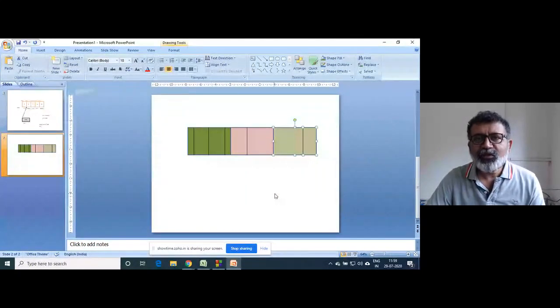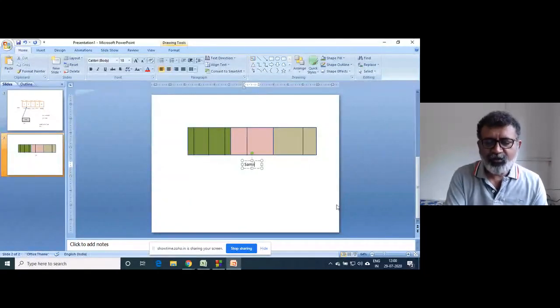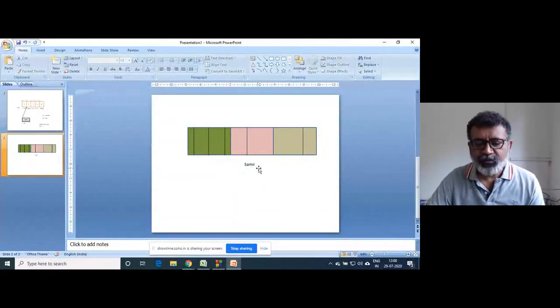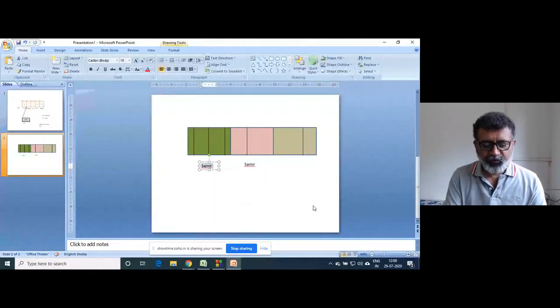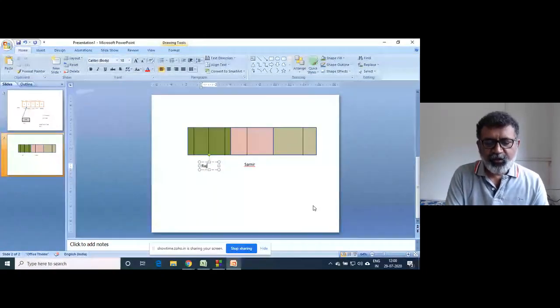when Ashutosh gives, and suppose this is somebody's, suppose Samir, right? Don't know, his friend. Okay, this is also his friend. Suppose someone called Raj.